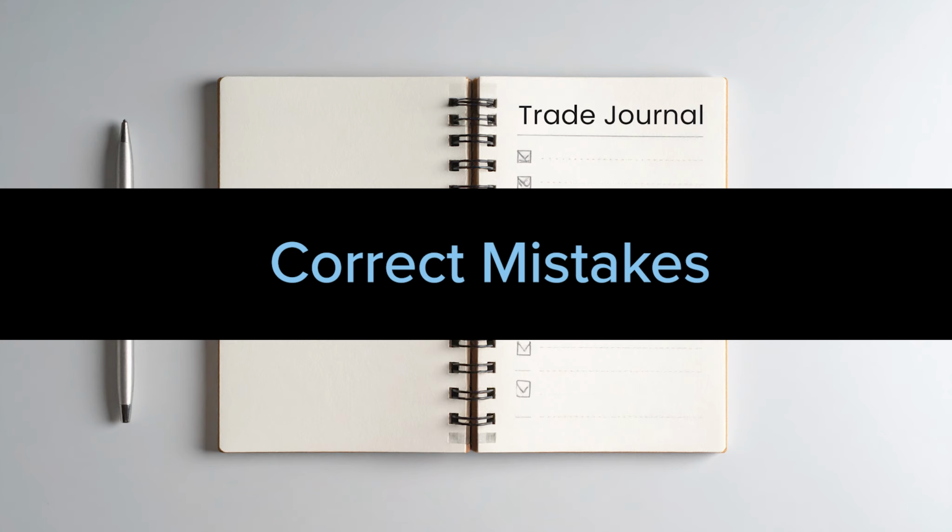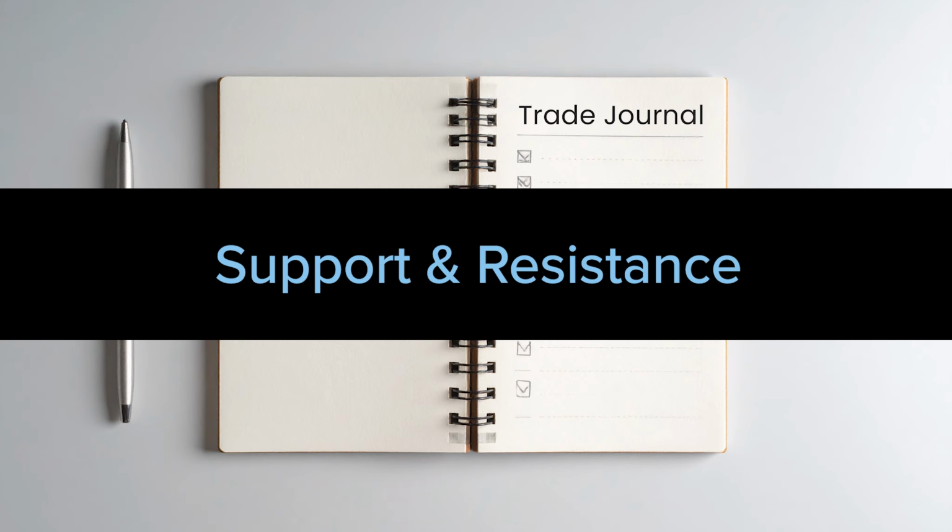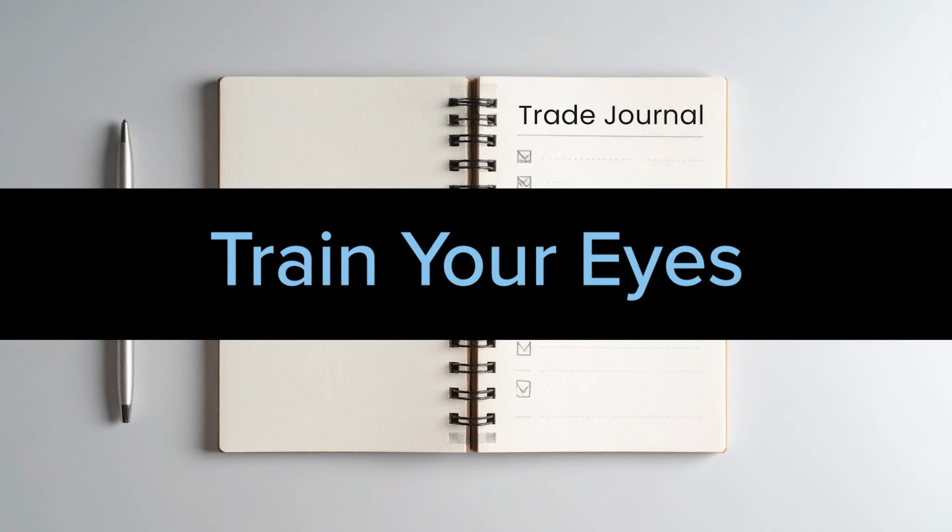Many of the things that we need to do is identify opportunities, correct our mistakes. We need to be able to, in the morning, choose our gappers, those stocks that are moving up, that have moved volume, and we want to look at the daily chart and mark out the support and resistance. More importantly, in using the software, you're going to have to train your eyes. You're going to have to look different ways all the time, looking at watch lists, looking at level 2, time and sales, looking at the bar charts, and of course your P&L,